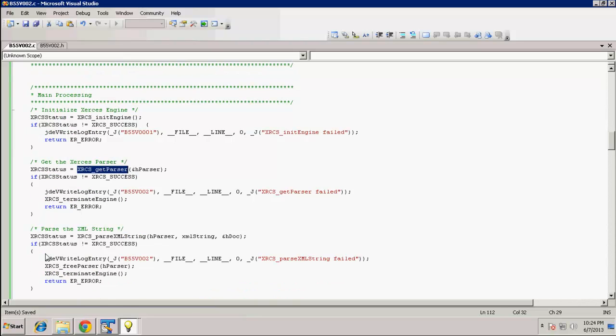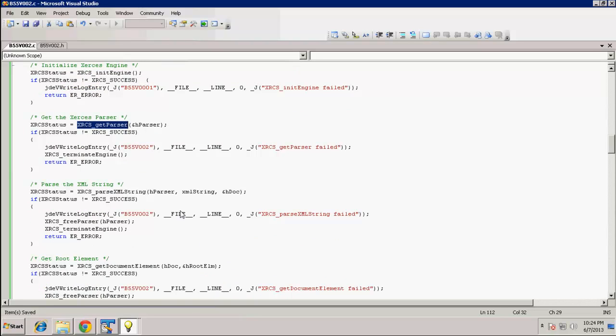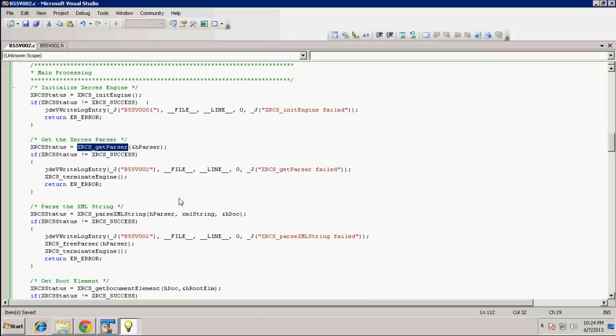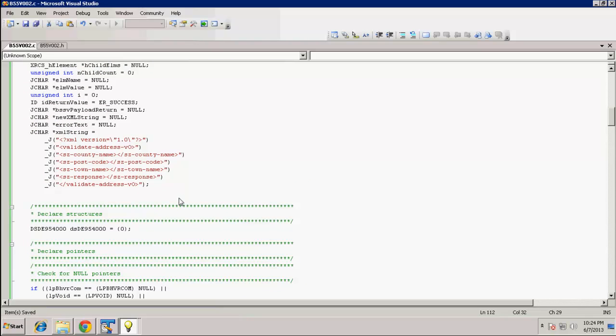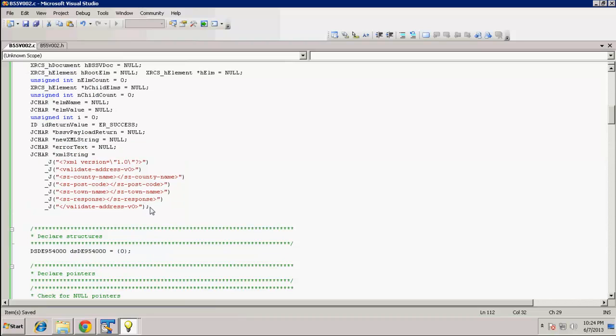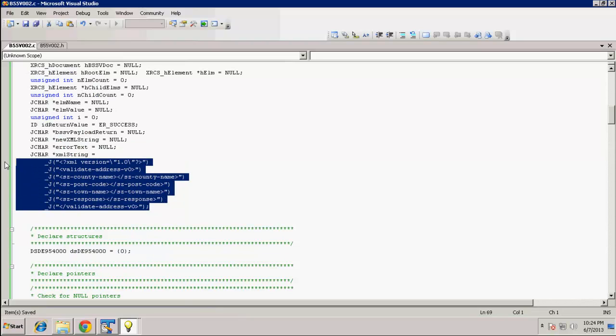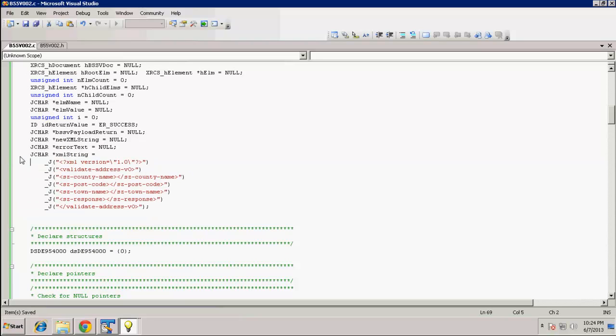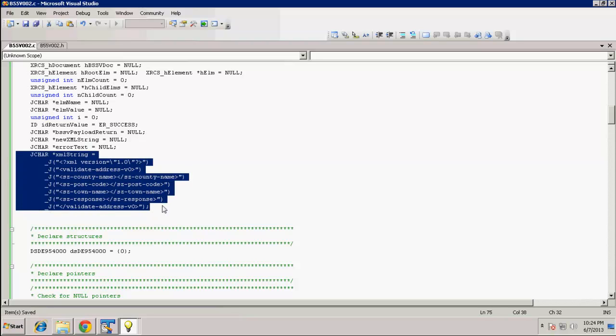Next, using our handle to parser, we will now create a handle to our XRCS XML document object using an XML string object by calling the XRCS_parse_XML_string API function. Speaking of the XML document object, let's take a look at this XML string that is used to construct it. Here you can see the source XML string.